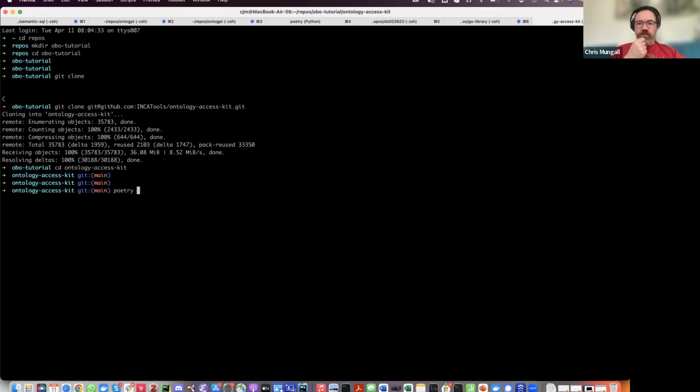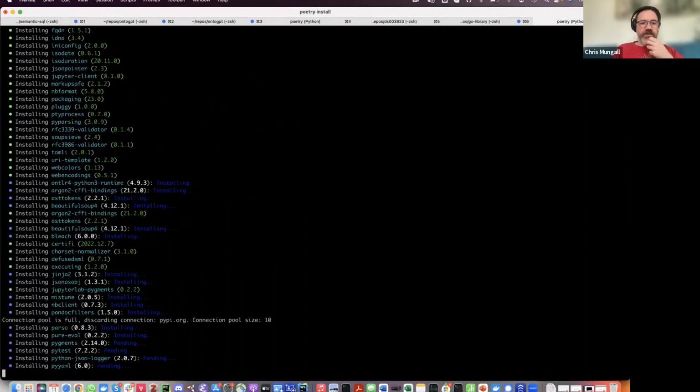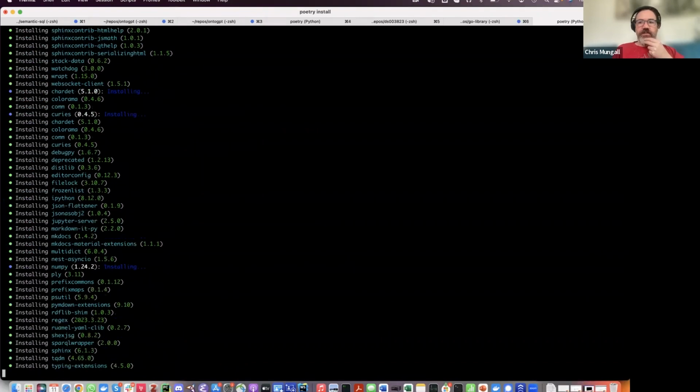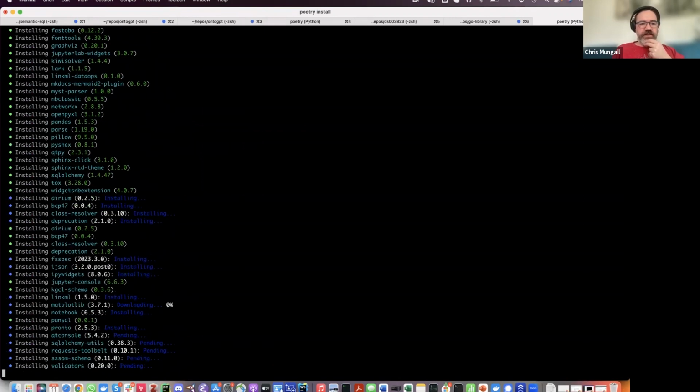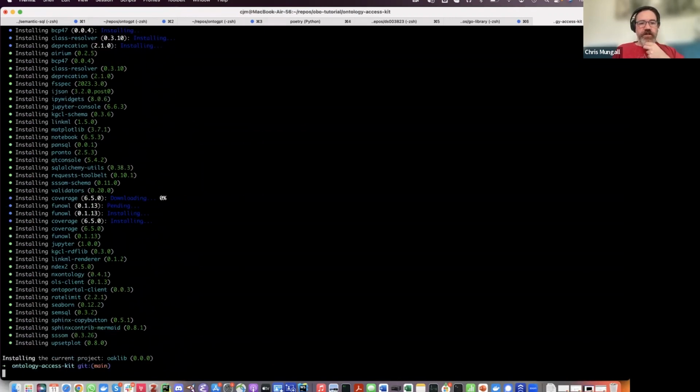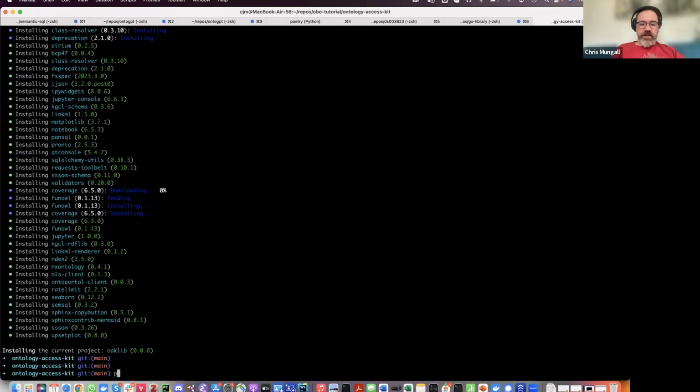If you want to use OAK programmatically, you can add it to your requirements.txt or whatever. But if you are a developer within the Monarch project, then you will be using poetry. So you can just do a poetry install from here. Once you've done that, the developer environment for OAK includes Jupyter, so you can do